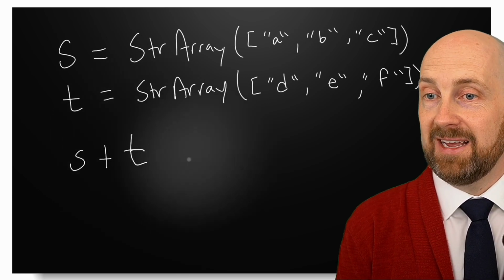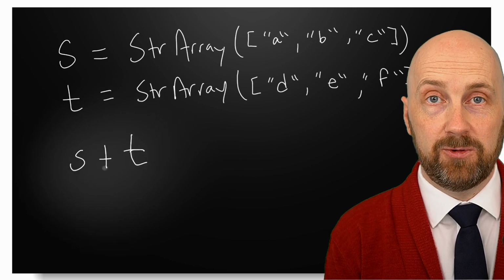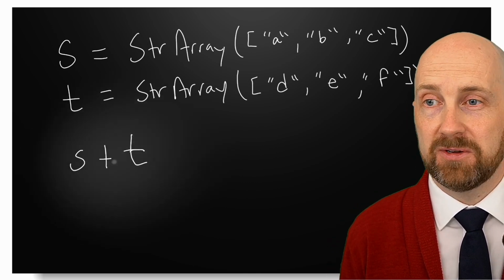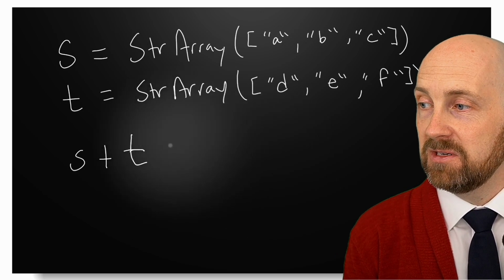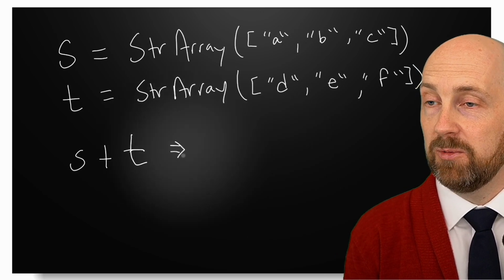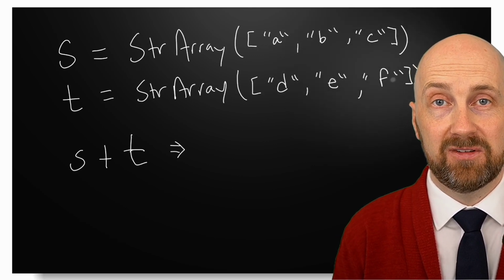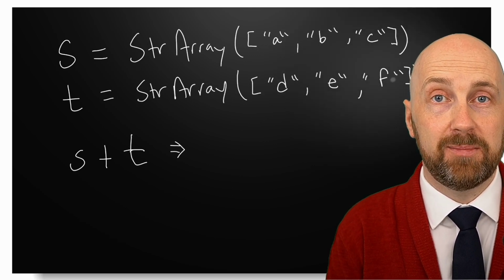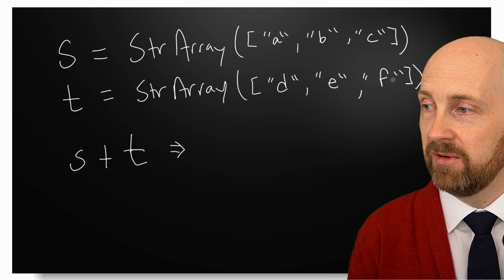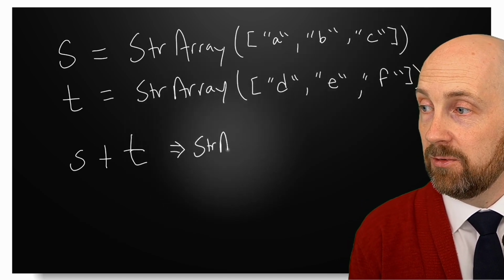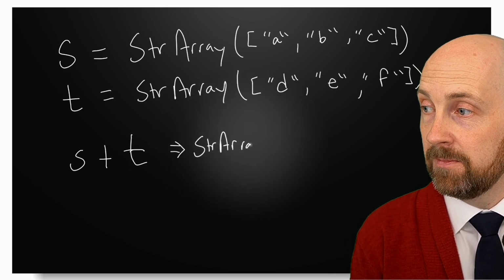S added to T, or concatenated with T, what is this going to mean or result in? For our purposes, what we'd like to do is concatenate each of the items in the StrArrays one by one, or item-wise, so that our resulting StrArray is going to have the values